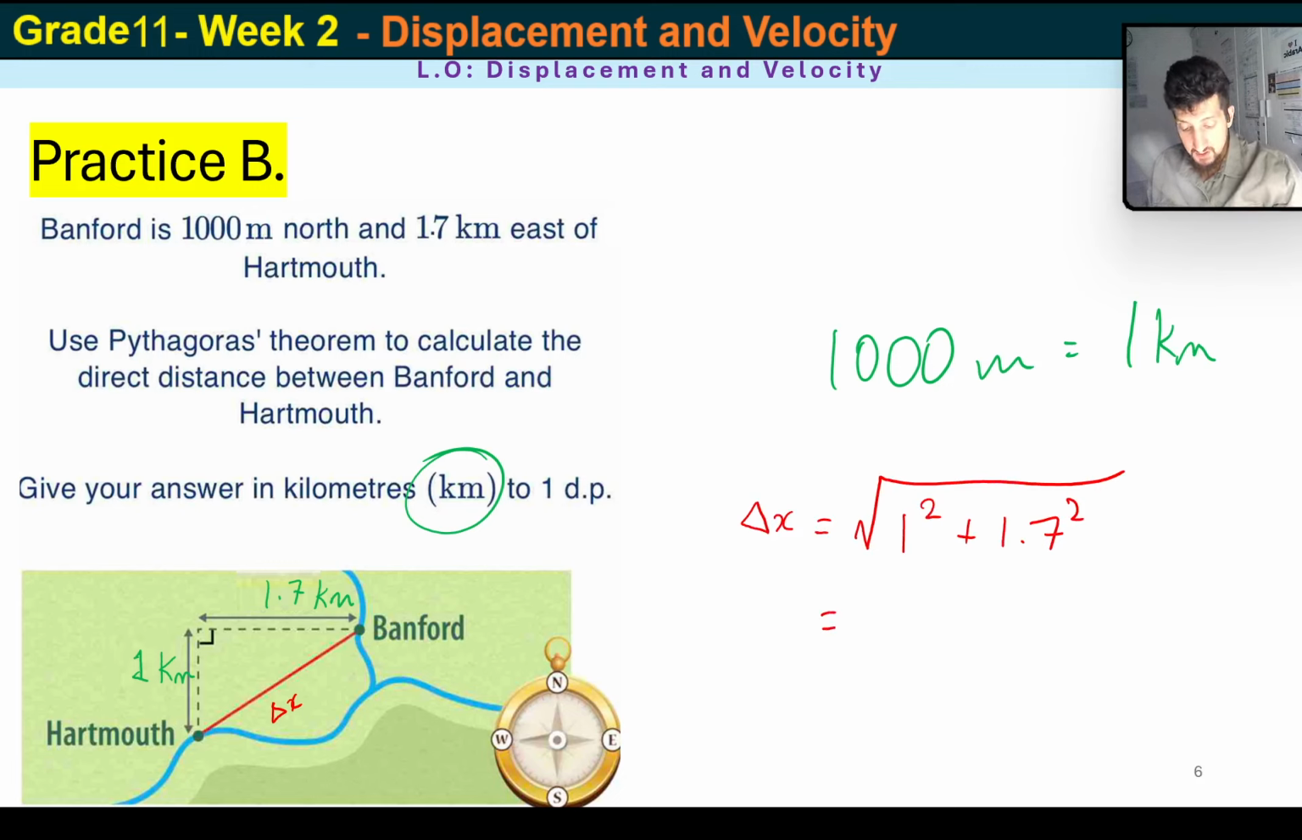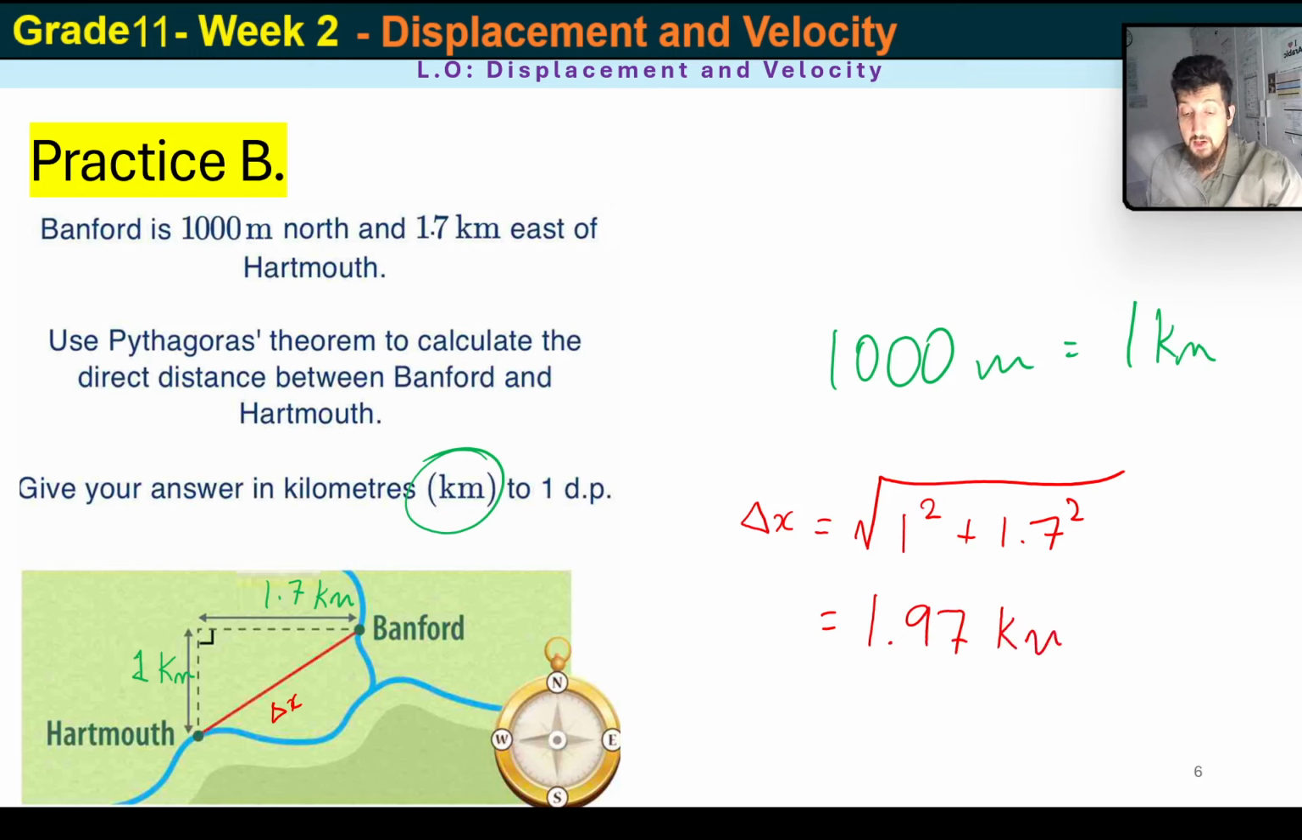And that's going to give me the square root of 1 squared plus 1.7 squared. Oh, calculators are a pain sometimes, and it's telling me it doesn't want to work. Okay, so 1.7 squared equals 2.9. So the square root of 3.9, and that equals 1.97